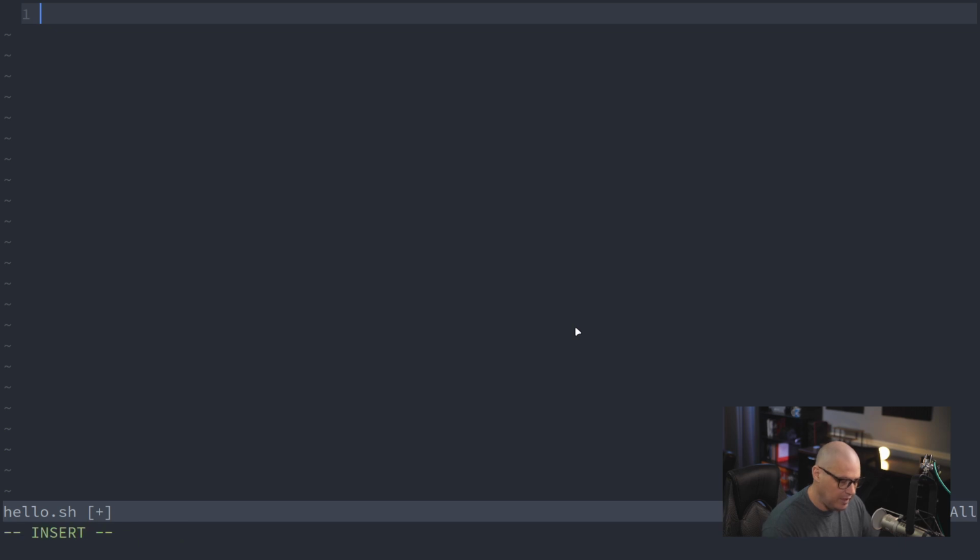The very first line of any script needs to be the shebang. The shebang is the first line, and it tells the computer what language this script should be run as. So, is it bash? Is it Python? Is it Lua? What is the programming language we're using, or the scripting language? So it should be